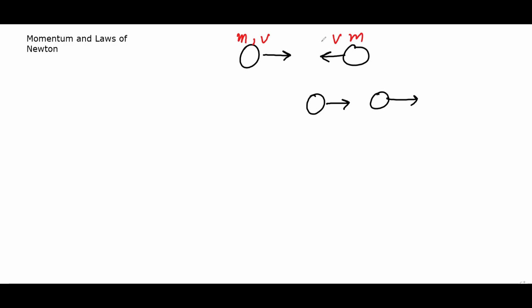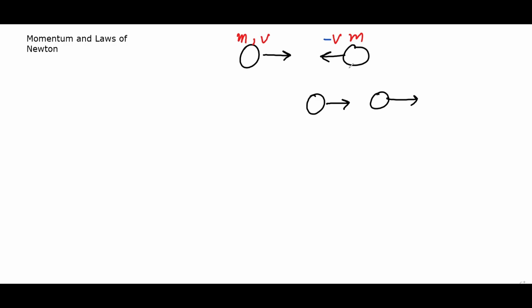Previously, if for example there were two objects moving towards each other, and after the collision they moved towards this direction, then we did these calculations based on the idea that momentum is conserved. So it was basically the law of conservation of momentum. We knew the mass of this object, we knew its velocity, we knew the mass, and we knew the velocity, but we did add one more concept to this, that was add the negative sign, because it was moving towards